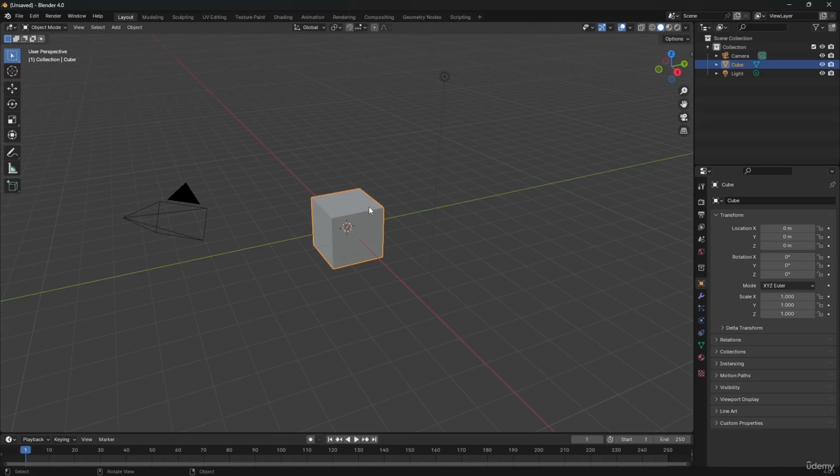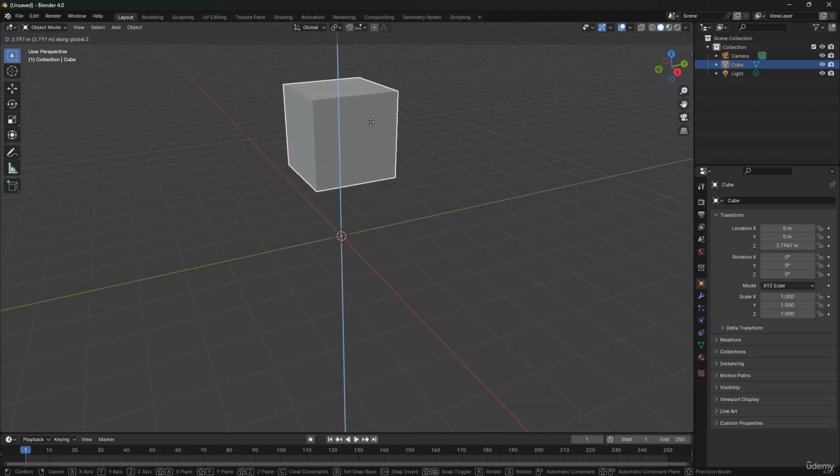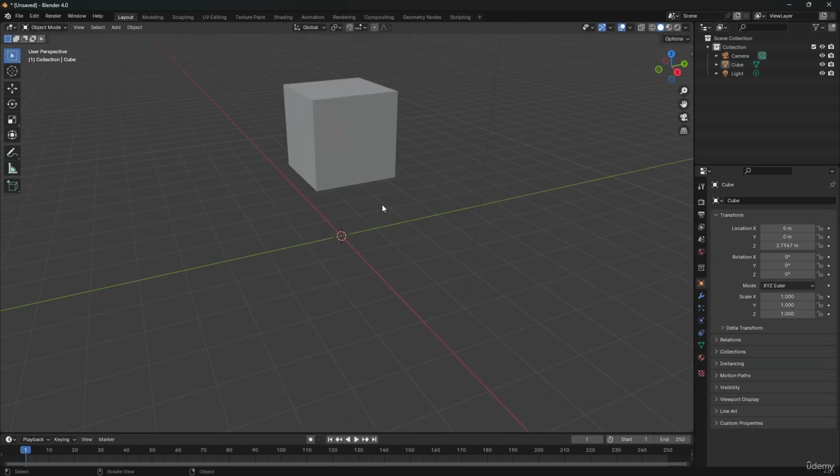In this video, we'll be taking a look at what is known as pivot point. This is a very important concept in 3D softwares. So to understand this better, let's move this object a little above the grid. Now, in Blender, each object has its own origin point, and you can tell where the origin of an object is